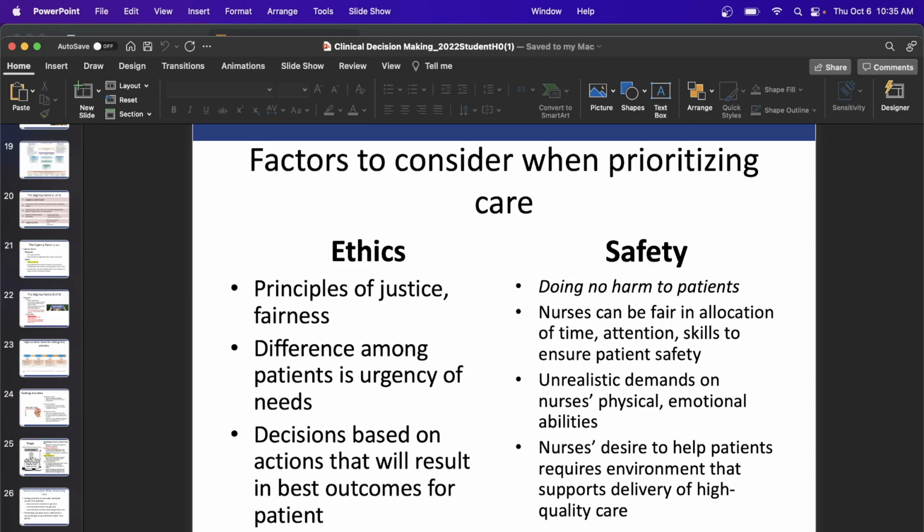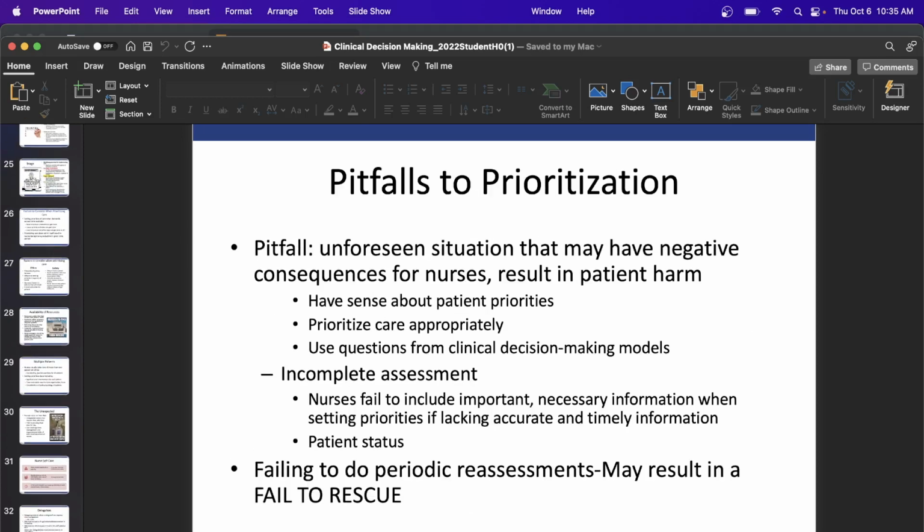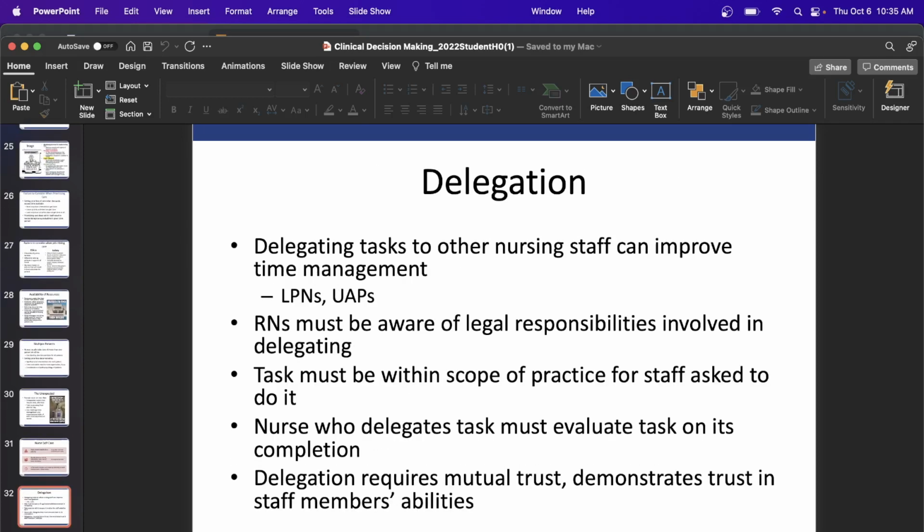Delegation, determining what tasks we can delegate and to whom. So there are 5 rights of delegation, safe delegation. So it's delegating the right task in the right circumstance to the right person, giving them the right direction and supervision. So as an RN, you're going to be responsible for your unlicensed personnel. And an example I can use here